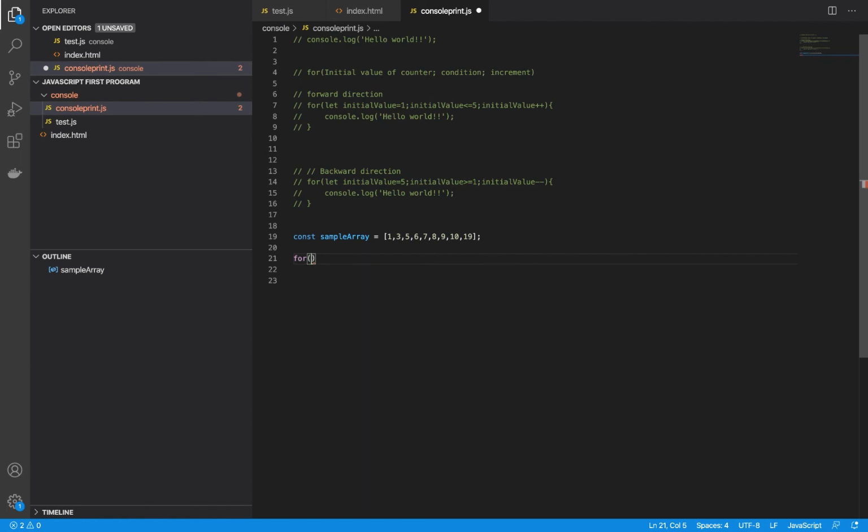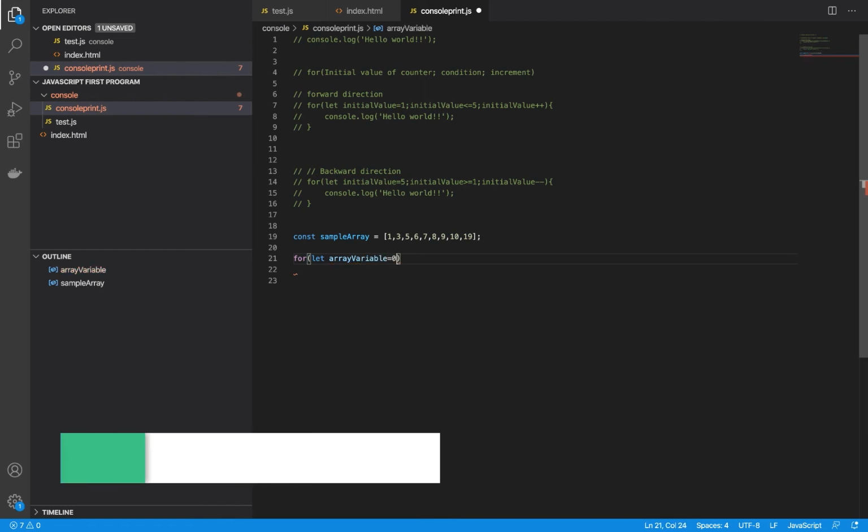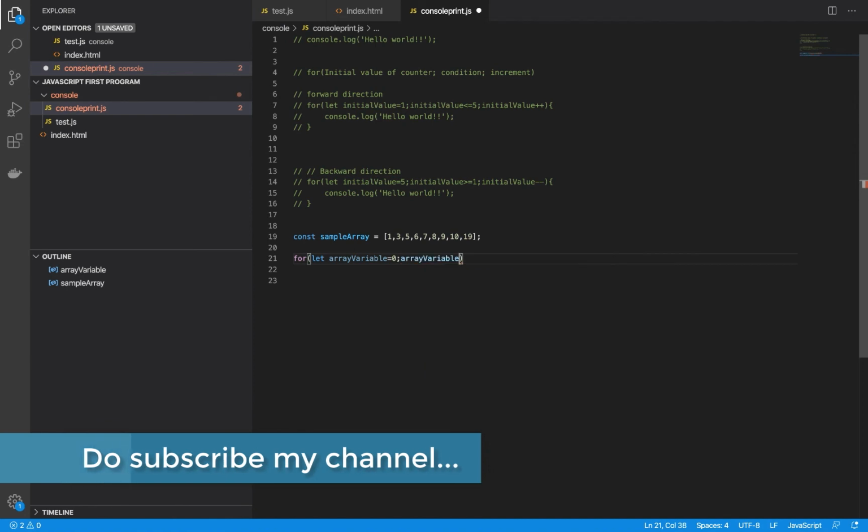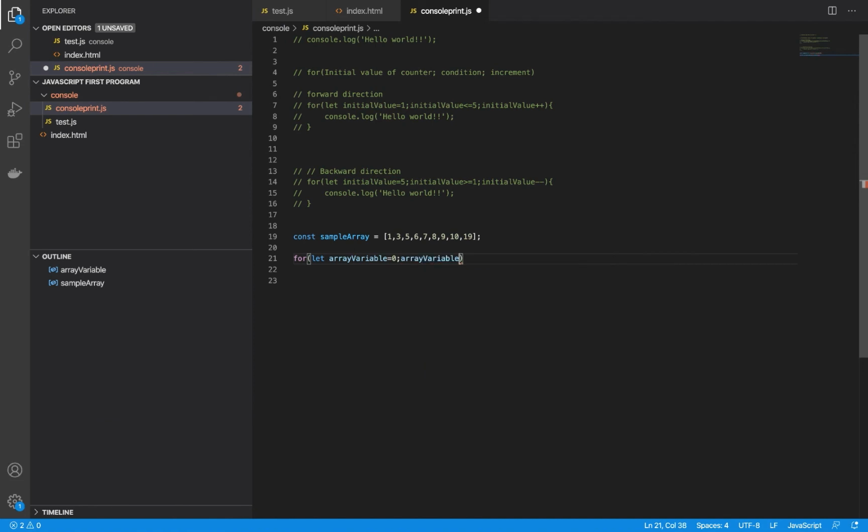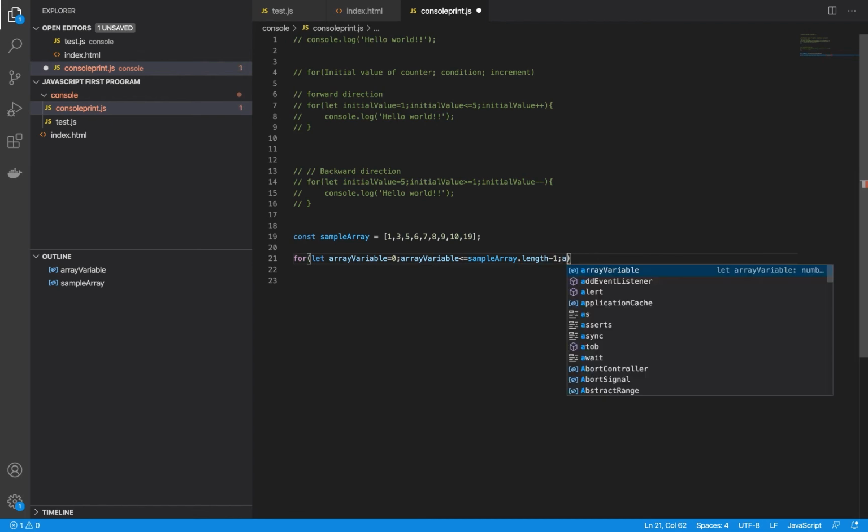I will go here. I will again initialize a value. I will say array variable and I will give it as 0. I will say array variable, if it is less than or equal to this, minus 1, and plus plus.